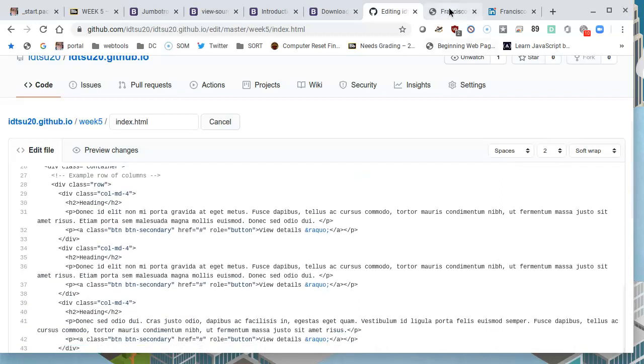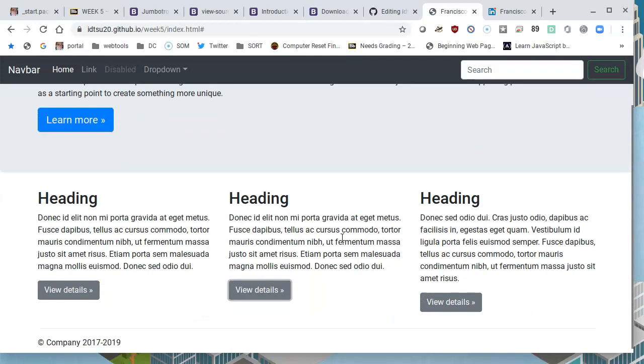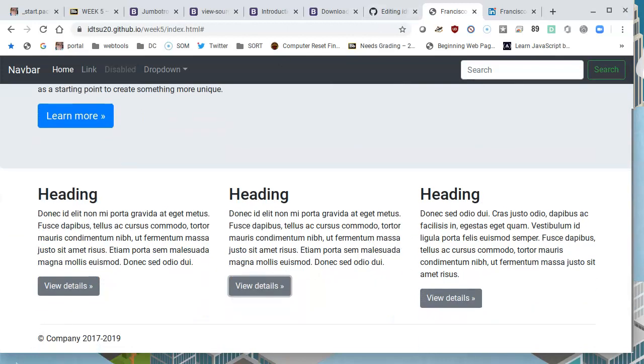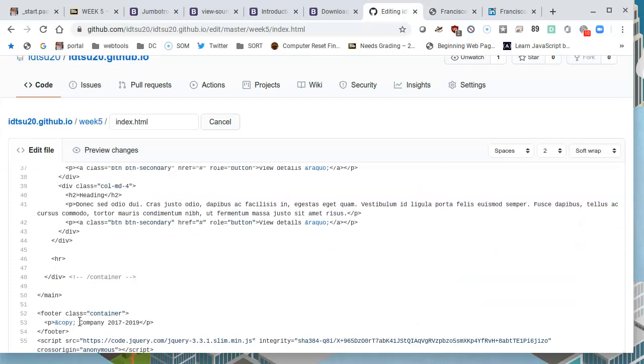I scroll down and my page currently looks like this. Hello world is going to be replaced with my name, something else, and then it says learn more. I have 3 headings and 3 buttons, and at the bottom it says company. Let's start with the easy part, the company. I'll leave the copyright there, but I'm going to change company to my name, Francisco Rodriguez, and I'll just put in 1 year here,